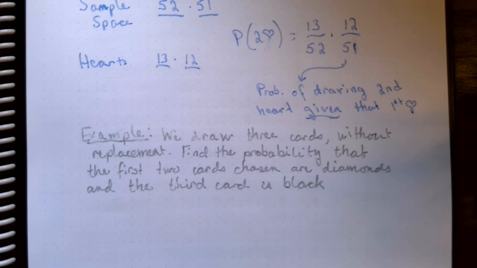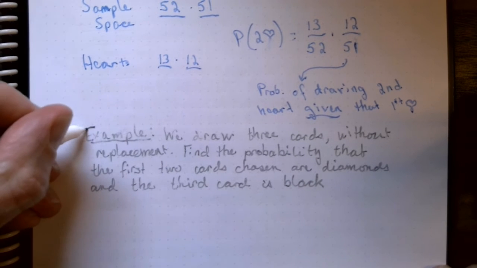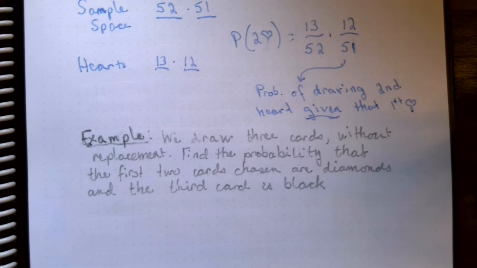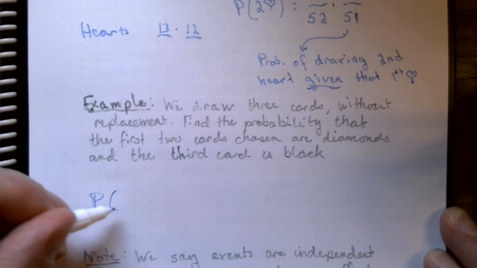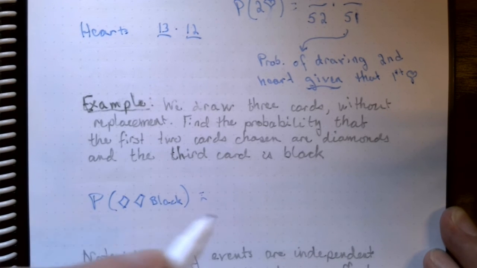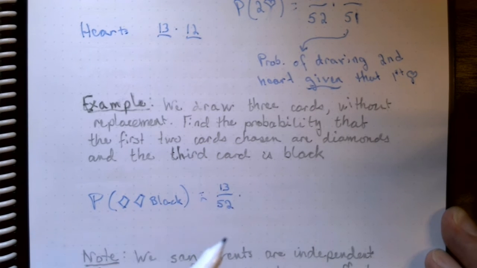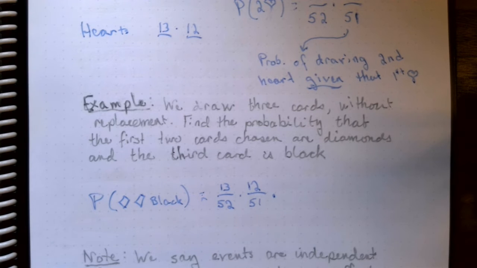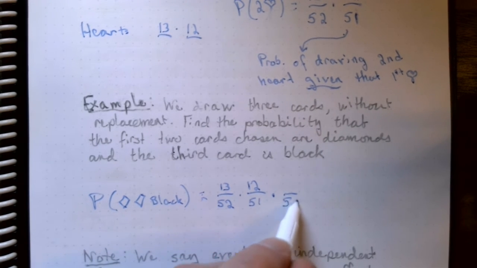Let's look at another one. In this one we'll say we draw 3 cards without replacement. We want to find the probability that the first 2 cards chosen are diamonds and that the third card is black. So we're going to be multiplying here. So probability of diamond, diamond, and then black card. Well, the probability of a diamond on the first draw is 13 out of 52. The probability of another diamond, given that this first one was a diamond, well, you got 12 diamonds left out of 51 cards. Now let's look at the probability that we draw a black card. Now we only have 50 cards left,